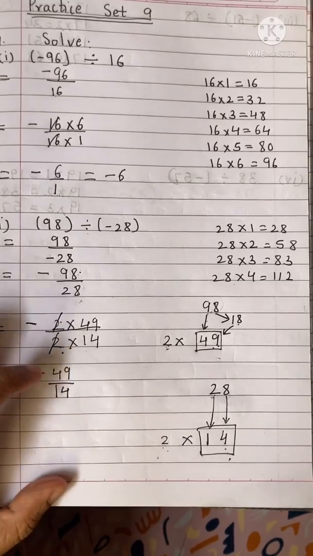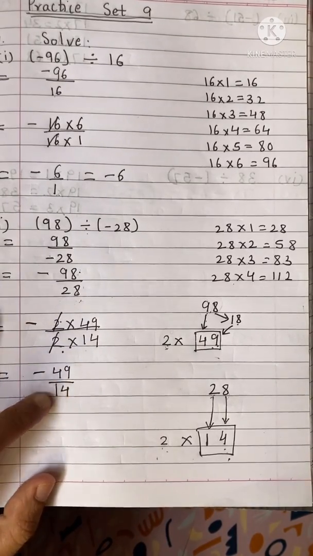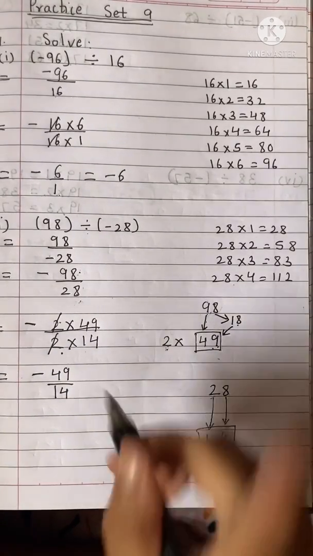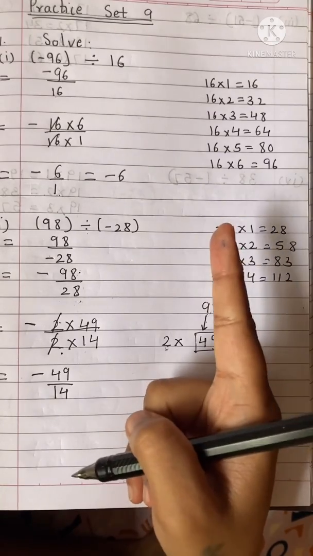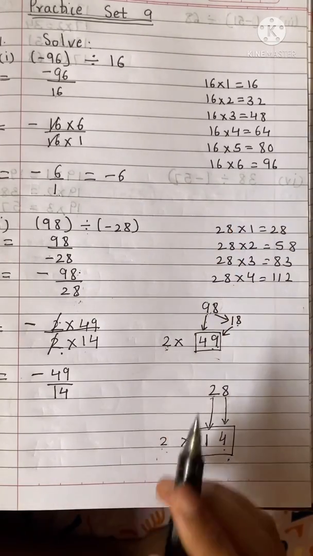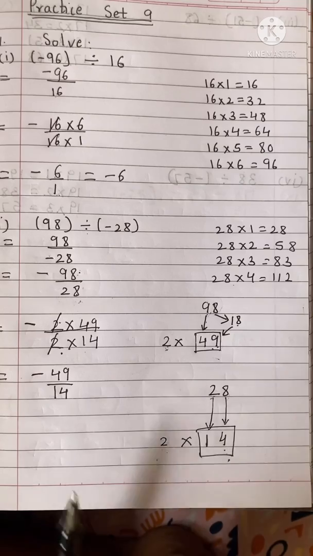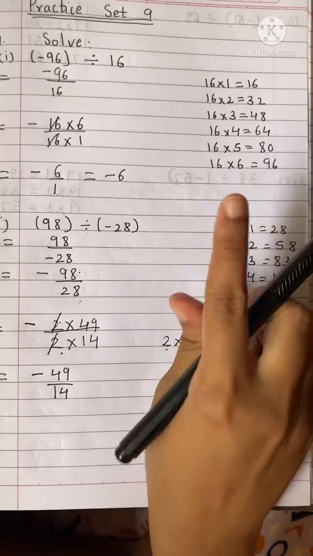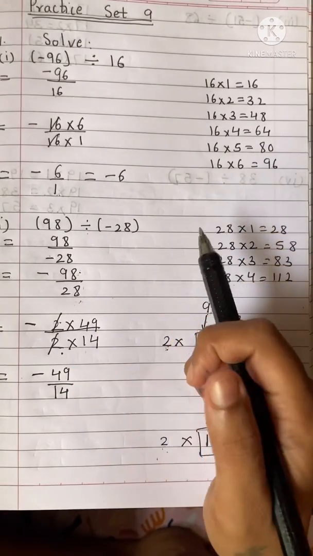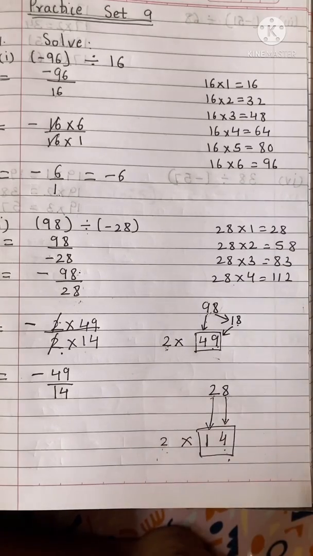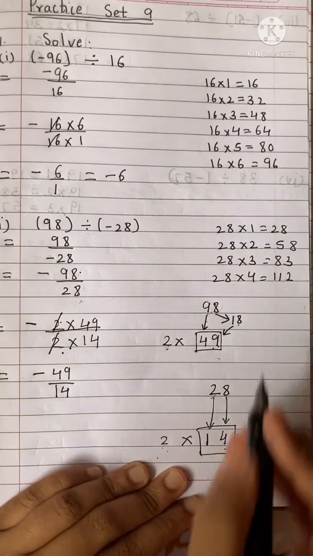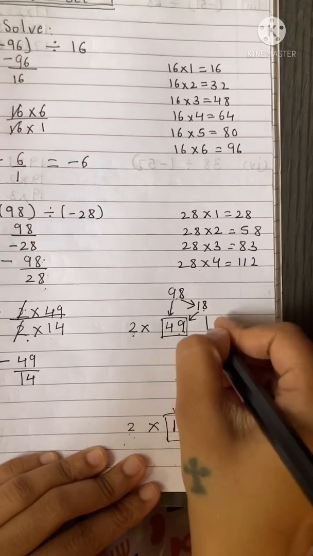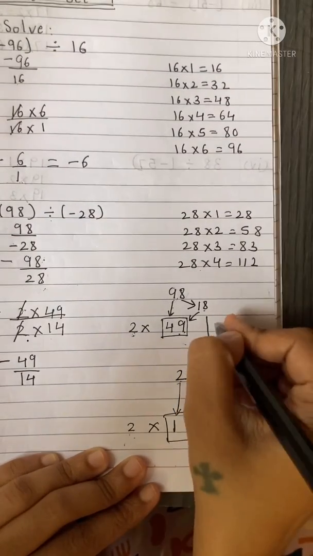Again, you have to check whether 49 and 14 come in one single table or not. Do you remember? Now can you think and tell me 14 as well as 49 come in which table? From 1 to 10, there is one number in which 14 and 49 both come. That's right. In the 7th table we get 14 as well as 49. So I'll just write down in this corner the table of 7.